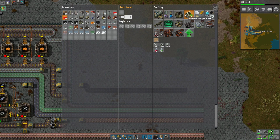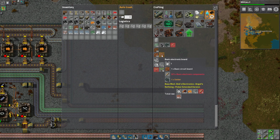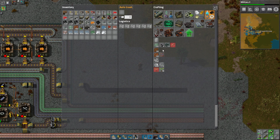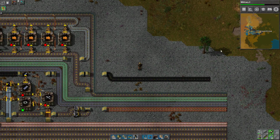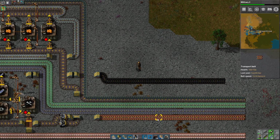I just want some of these boards, because as soon as I have some, what are they called? Basic electronic, BEB, BEBs. As soon as I have some BEBs, then life just becomes so much easier because I can get green science, I can get larger assembling machines, everything will be good. All sunshine, rainbows, and lollipops for everyone. So this stuff